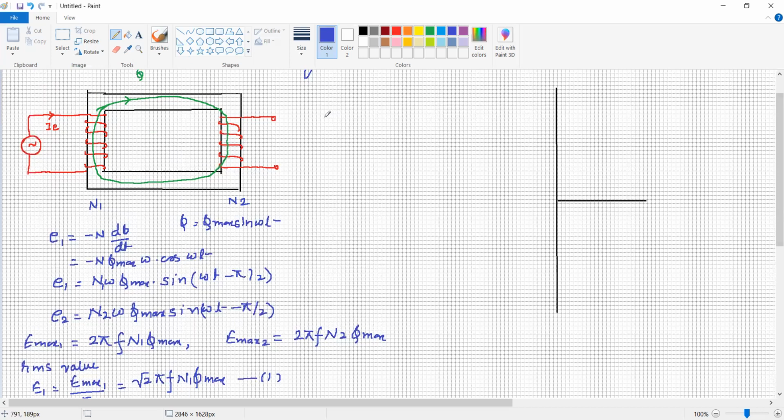Now, to proceed further, some assumptions are made. The first assumption is that the resistance of both windings is 0. Second, whatever flux is created by the primary winding is confined to the intended path, meaning there is no leakage flux. Third, the permeability of the magnetic material is constant, so it gives a constant relation between the magnetic flux and current.